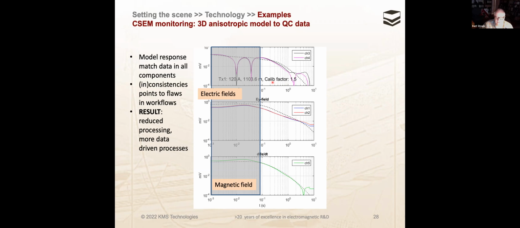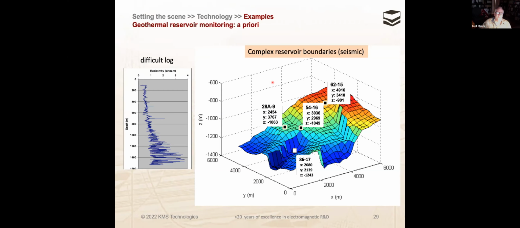As a result of this, we keep reducing the processing, and we are automating the processing to get the data better and more suitable with the 3D model. I didn't show you the difference between 6 months of trying to do these matches, because you really have to be an expert to see this. So let's move on from CO2 to